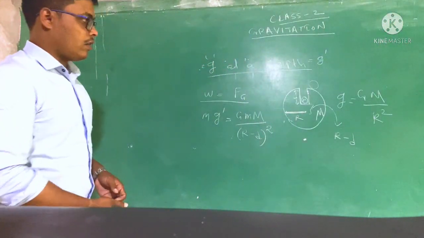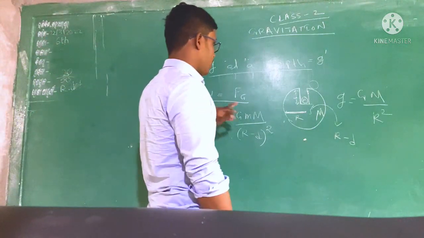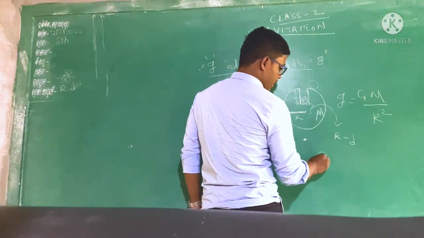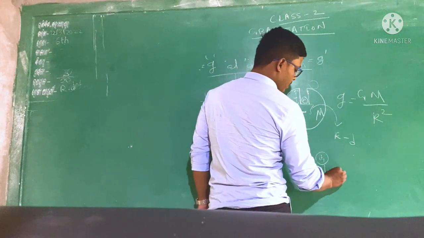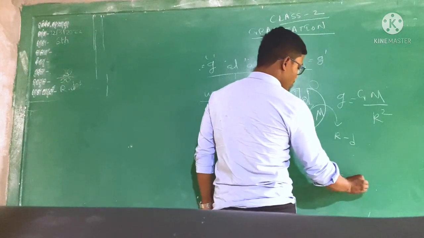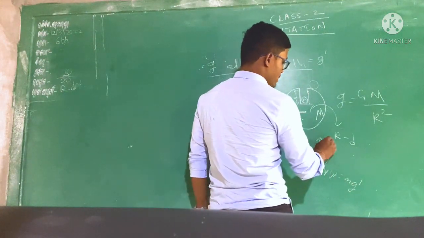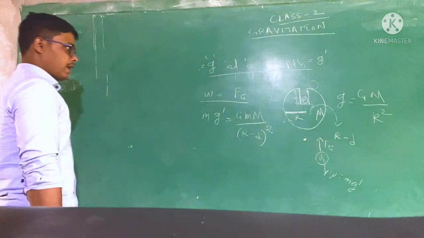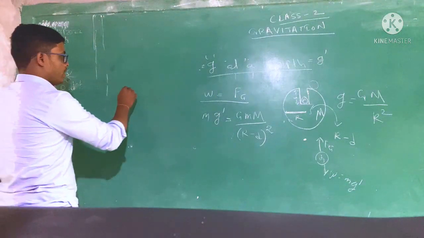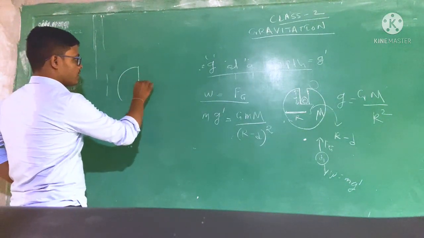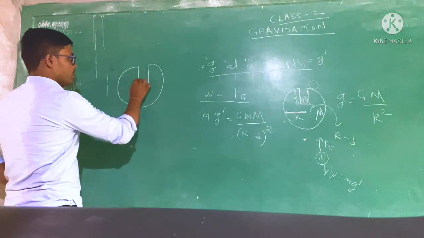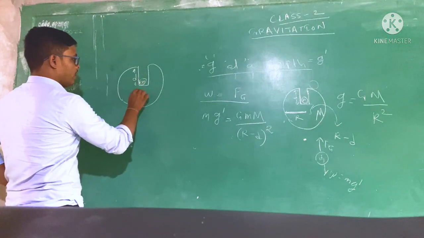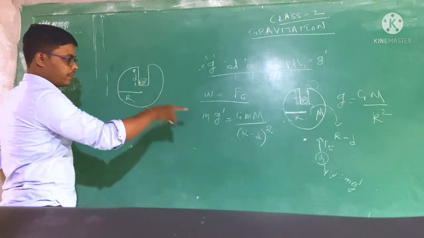Okay, so this is the balanced case of the weight with the gravitational force. If we draw the simple diagram, the mass is here, then the weight is downward, that is m g dash, and the gravitational force here acts as centripetal force, so that will be mg. But remember, in this case we will do another diagram where the mass is situated here at a depth d. So the mass is here and the depth is here, and the radius is R. So the central distance is R minus d.